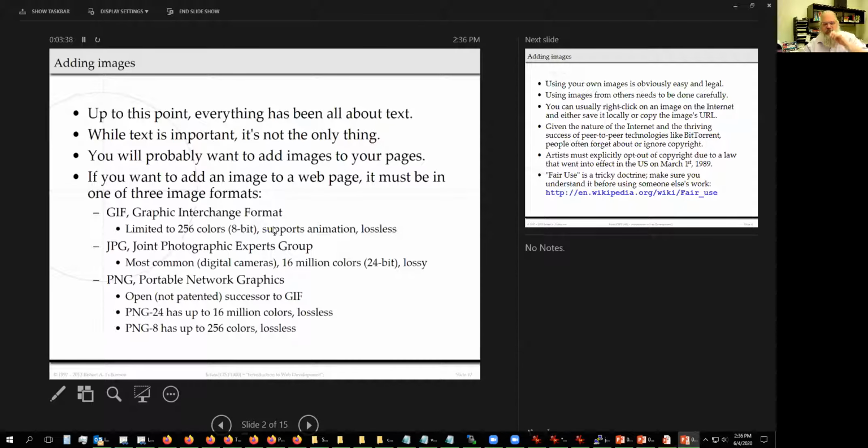PNG-24 is 16 million colors. PNG-8 has up to 256 colors. PNG's a pretty good image format. Sometimes you can trick images. No, I'm not even going to talk about that. But sometimes your image file or your image viewer may detect a PNG instead of the JPEG that it's labeled as. There's also an SVG, a vector-based